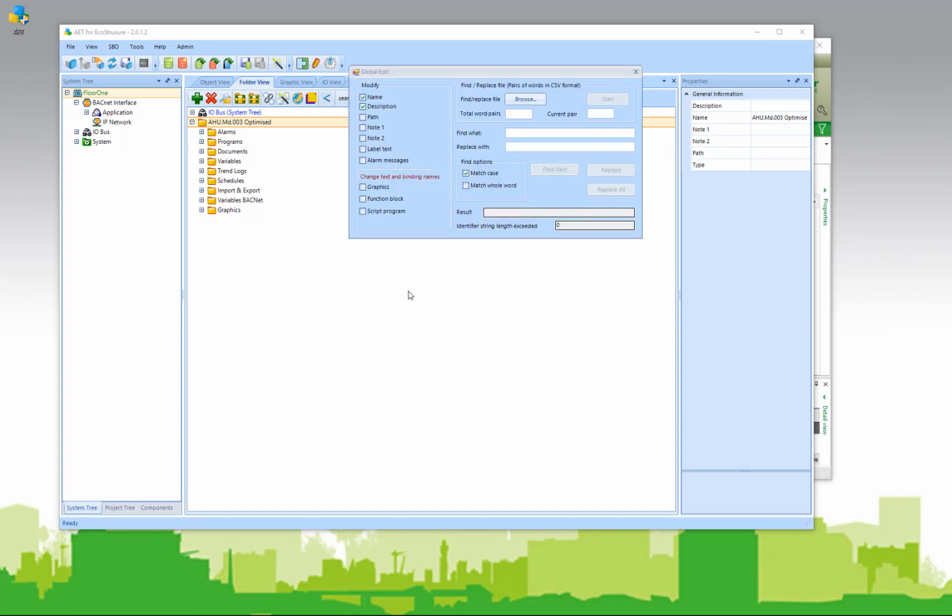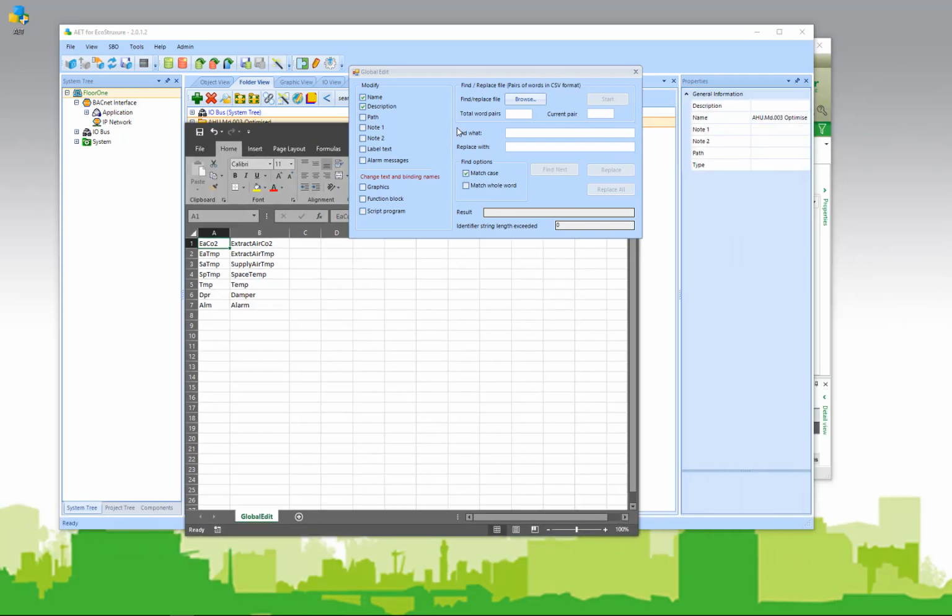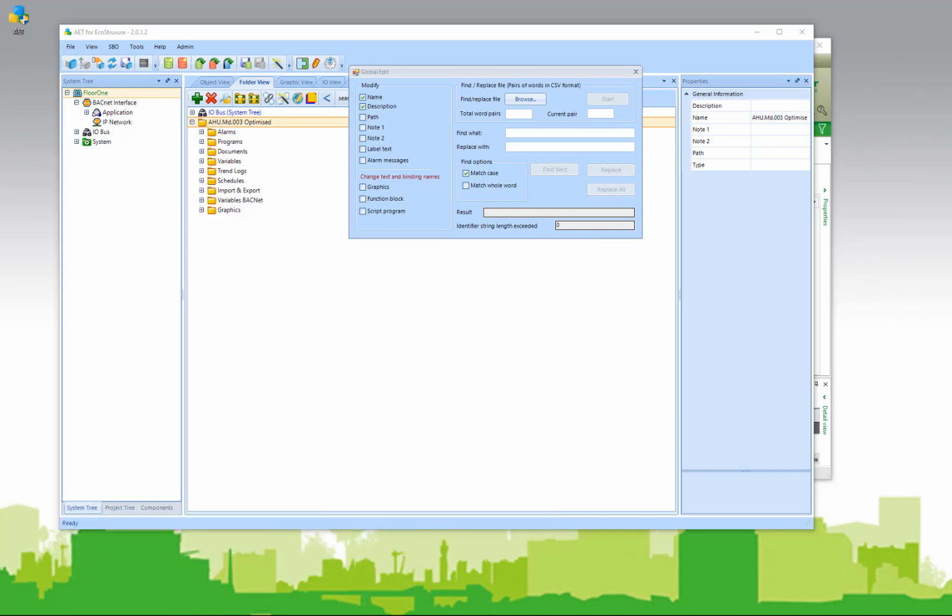Let's say in this case, Acme got a new facility manager, and he doesn't like some of the point names that the standard applications have. You can do bulk edits using a simple CSV file. You can create a list of 2 columns, and the AET will basically use this list to look for the first value and replace it with whatever you tell it to replace it with. And then it'll continue on down the path. So, if I load that CSV file,